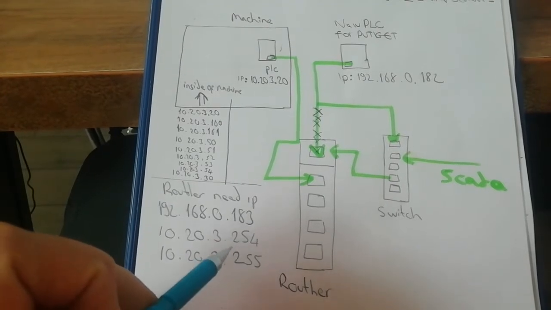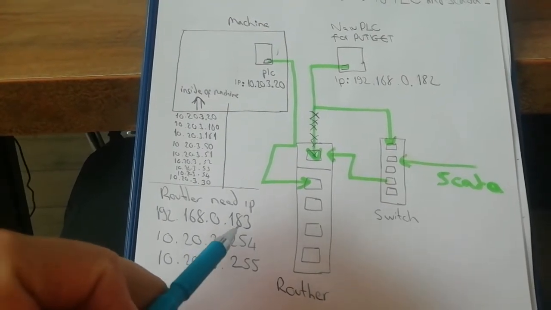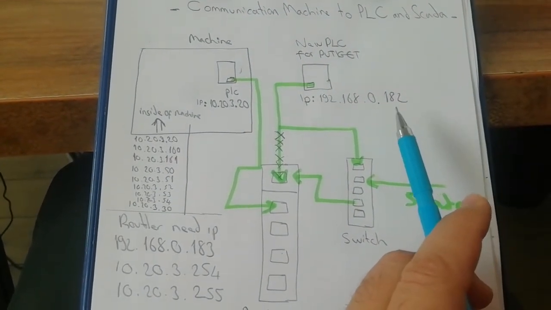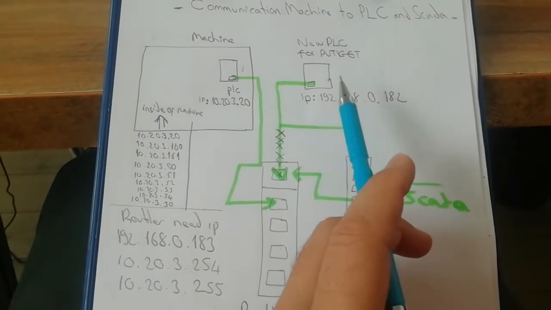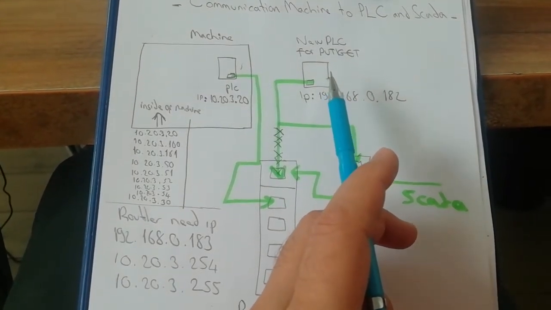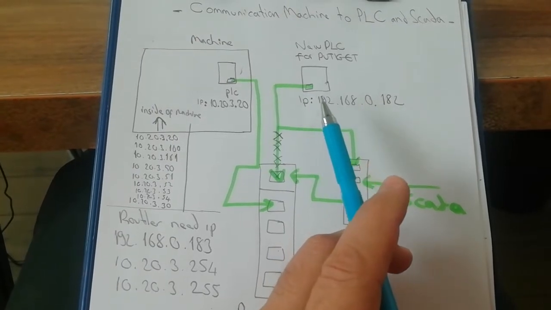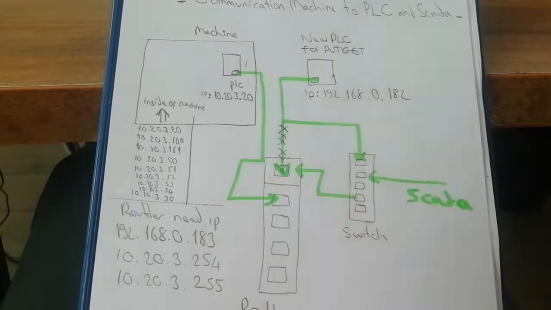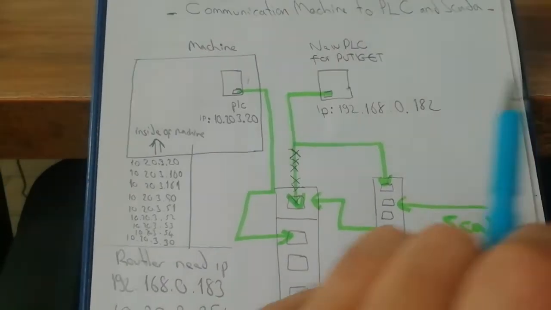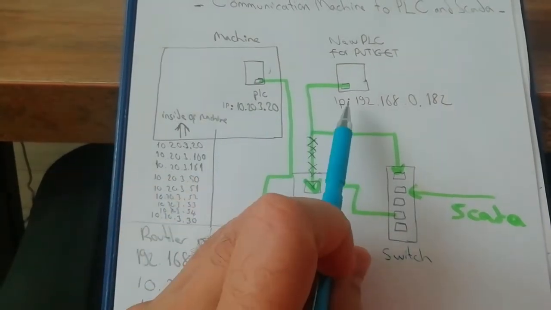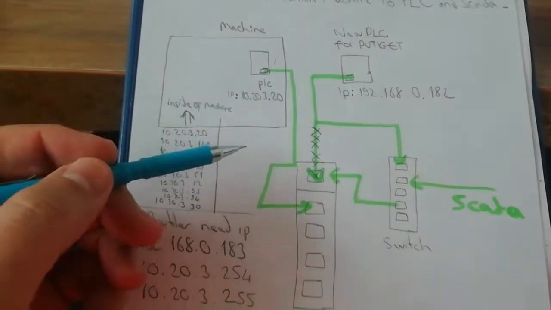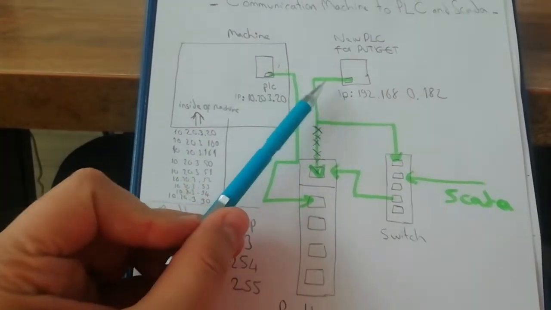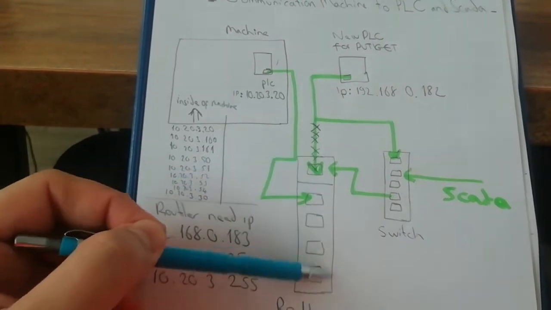The router will be used for this device, and for my PLC I give an IP address. As you see, the new PLC for put/get communication has a different subnet, a different IP address format. This IP address and this IP address are not in the same format, so I use this router for this communication. They can communicate with each other easily, and there is a firewall in there